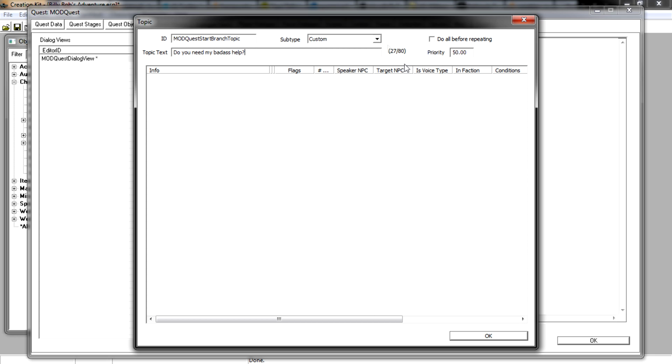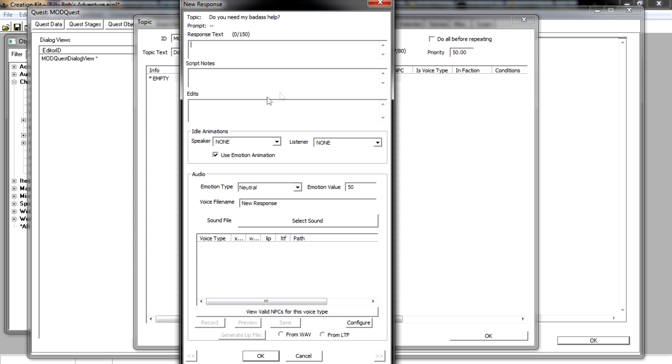Once you've done that, in this info section, this table, you simply double click in here. Now you actually get a response window instead, and the reason for that is because, like I said, every info must have a response, so it asks you for the response first. Basically, a response is the text that the NPC is going to say. So once we've asked, do you need my badass help, he's going to say, well, actually,